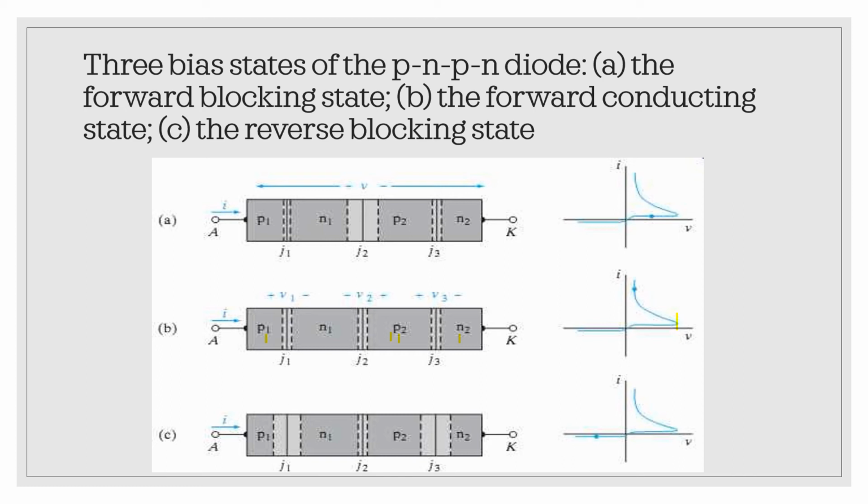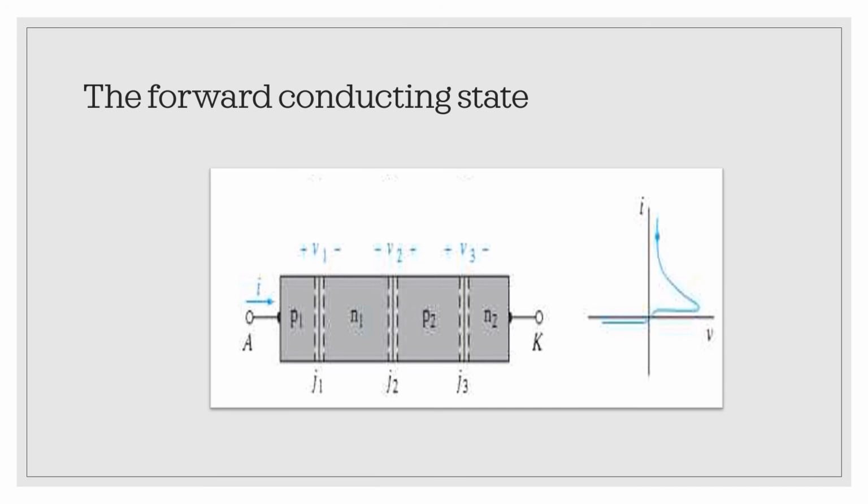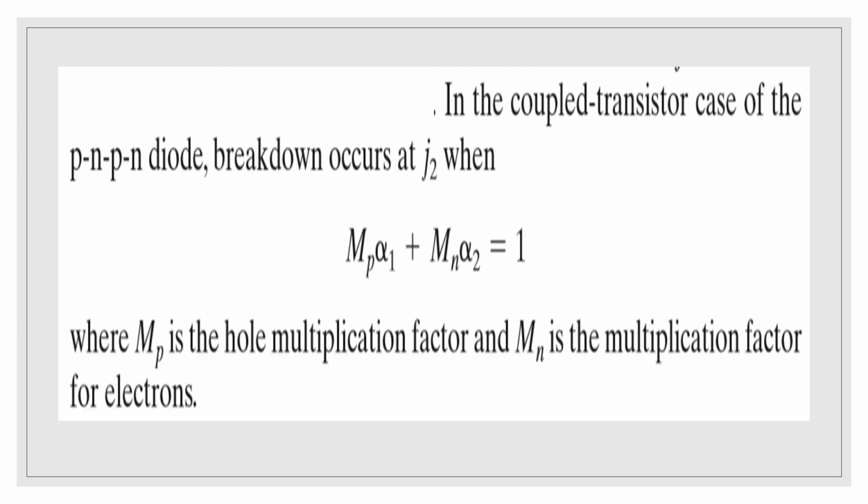Because breakdown occurs in the collector junction of a transistor with base current IB equal to 0 when M alpha is equal to 1. M is the multiplication factor and alpha is the current transfer ratio. And when we have coupled transistors, how will this equation be written? Here is the forward conducting state represented, and here is the equation for the coupled transistor